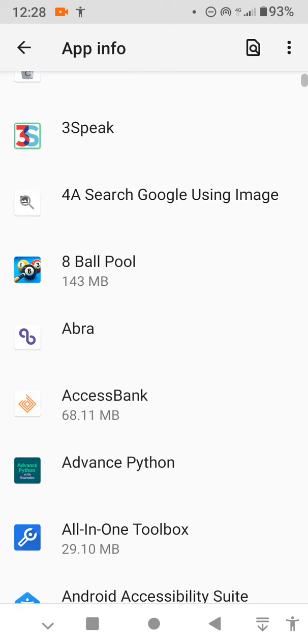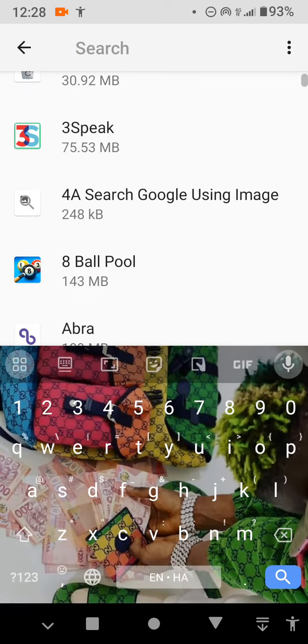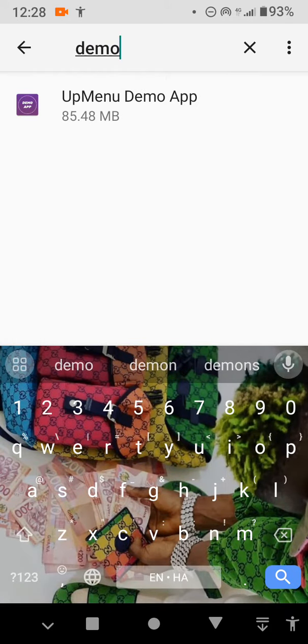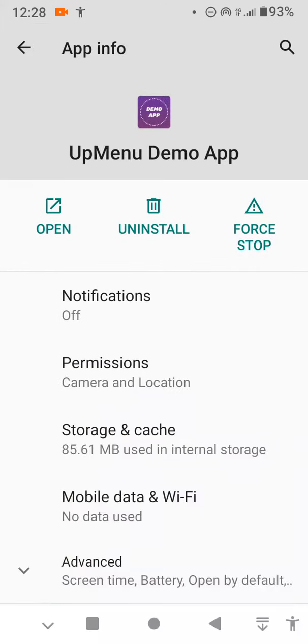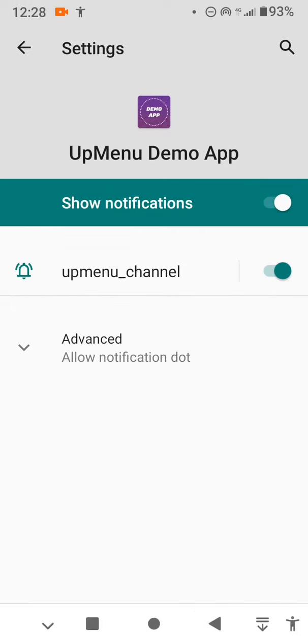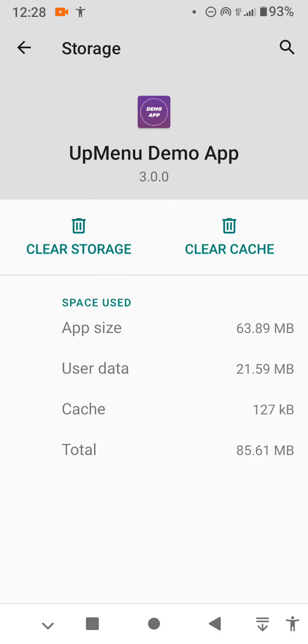After tapping on it, what you have to do is search for the HelloTalk app. In this video, I'm going to use this demo app to replace the HelloTalk app. So just tap on it if you find the HelloTalk app. Then tap on Force Stop, tap on OK, tap on Notification, and make sure it's toggled on. After that, tap on Storage and Cache, make sure the cache is cleared and also the storage is cleared,